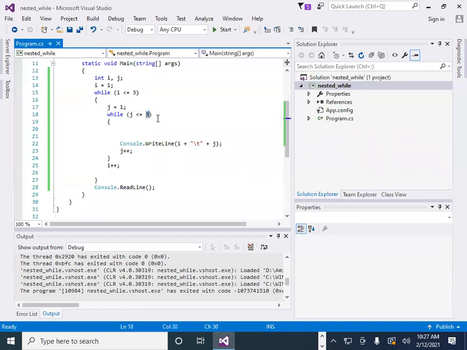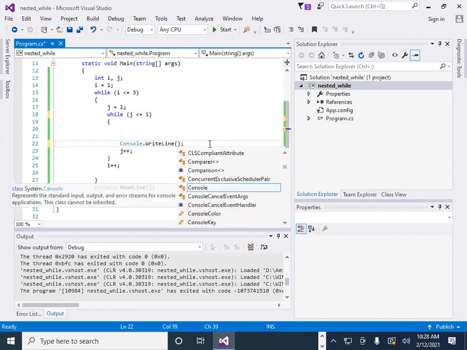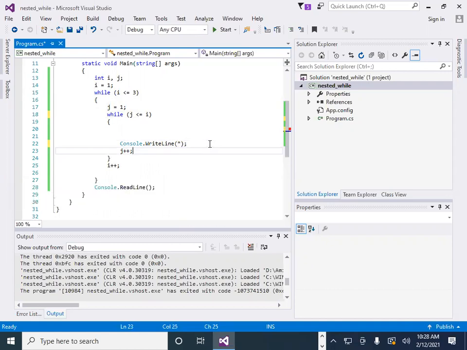So if we want to do this in a program, I simply change to j less than or equal to i, and here we print j, or print a star, and j plus plus. Instead of WriteLine we use Write.